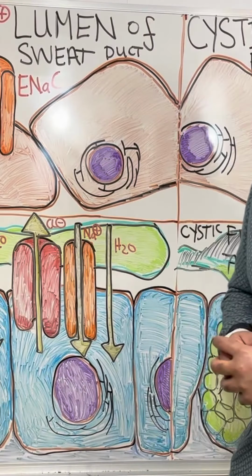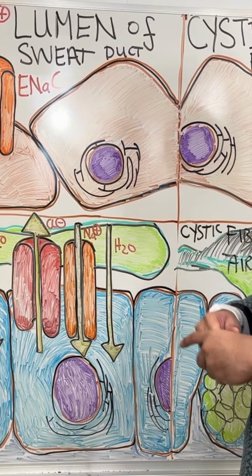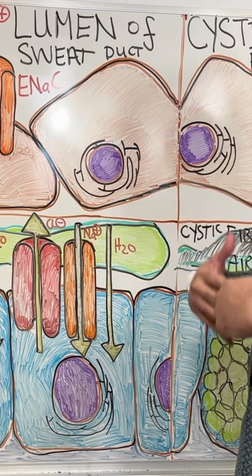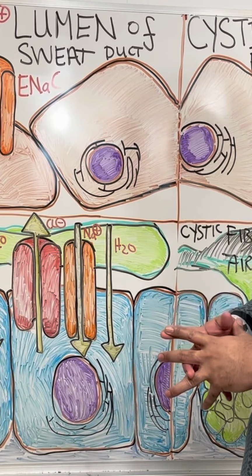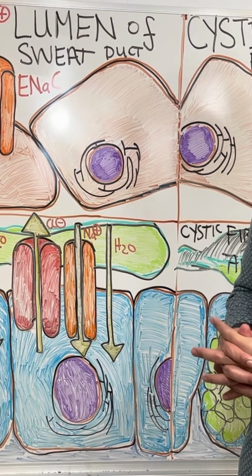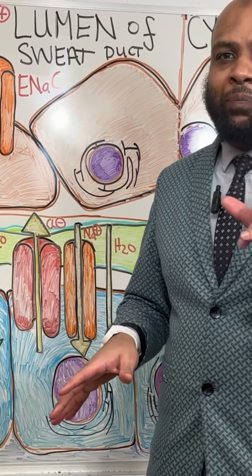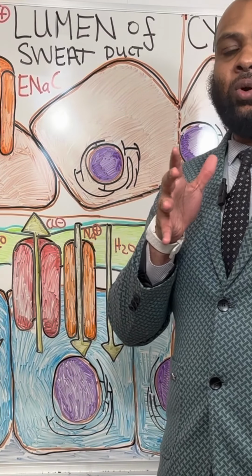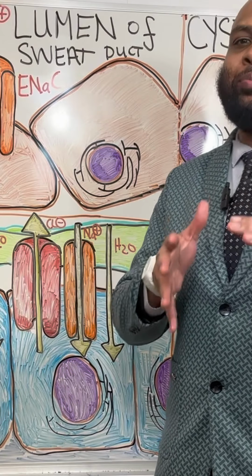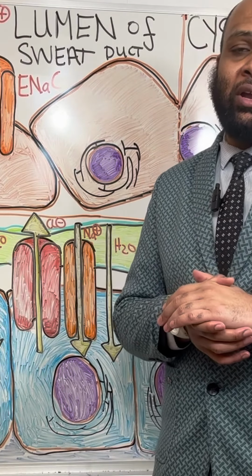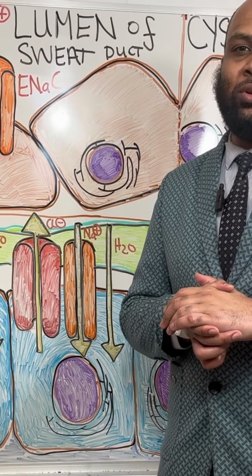But what we must begin with is that cystic fibrosis is a defect in the transport of chloride. So there will be complete absence of the chloride channels, or the chloride channels would be present on the cell membrane, but they will not be able to do their